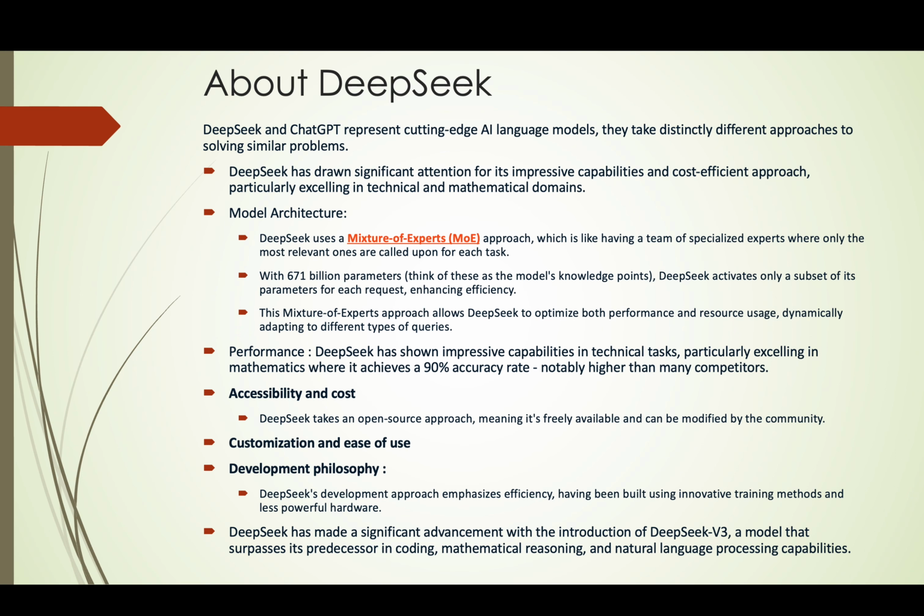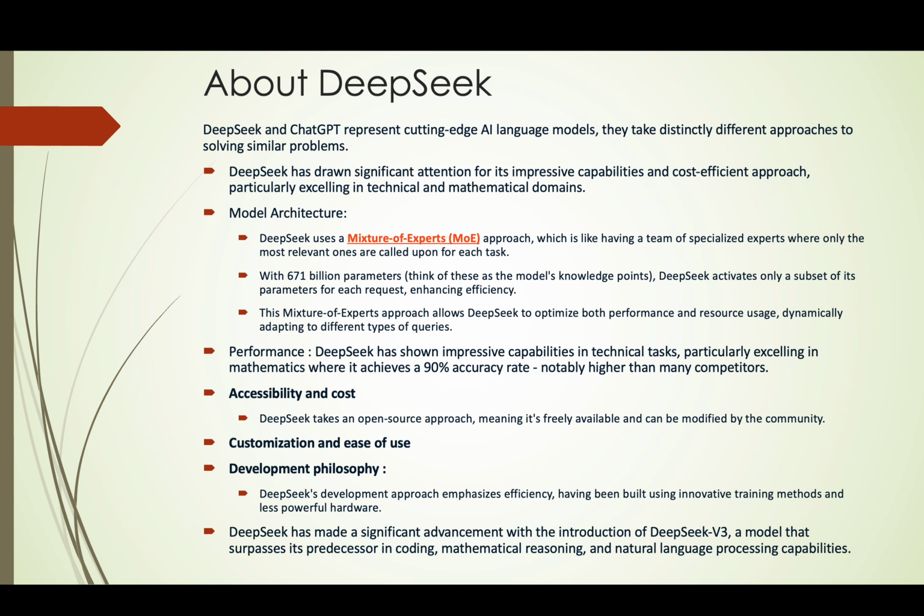DeepSeek has drawn significant attention for its impressive capability and cost efficient approach, particularly excelling in technical and mathematical domains. From a model architecture perspective, DeepSeek uses a mixture of experts (MOE) approach, which is like having a team of specialized experts where only the most relevant ones are called upon for each task. With 671 billion parameters, think of these as the model's knowledge points,